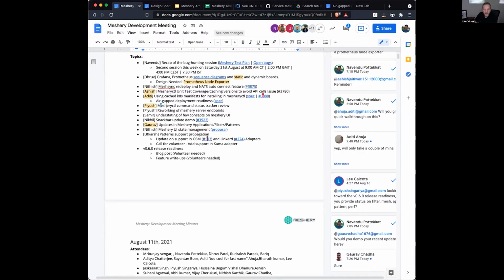Rudraksh, by the way, if that's not written down, we should write that down. There was another discussion around the current charts, moving away from manifests, which we should also think about.